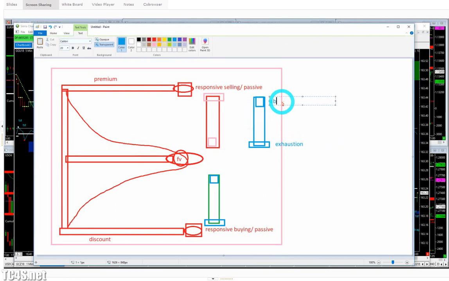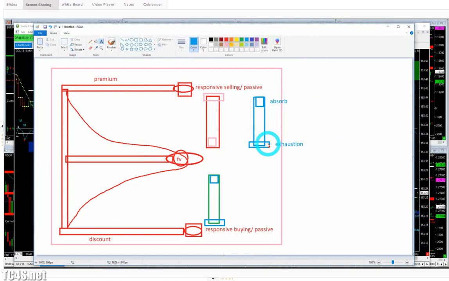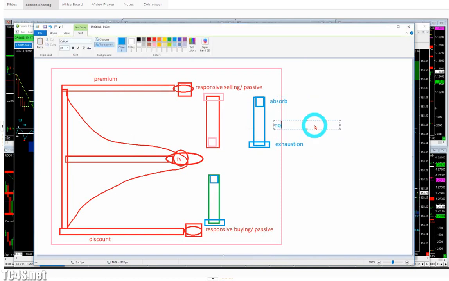Absorption. Yeah. So that's not normal. That's asymmetrical, not normal. And obviously when you start recognizing what's normal and what's not normal, congratulations guys, you've just cracked order flow trading. And a lot of people can go on and on and on about order flow trading,